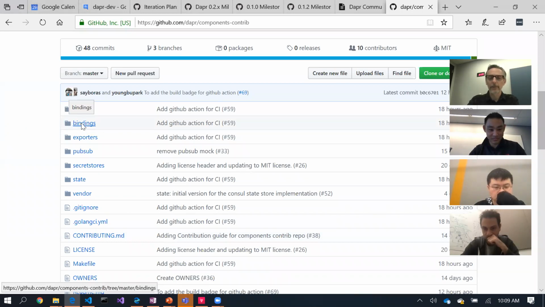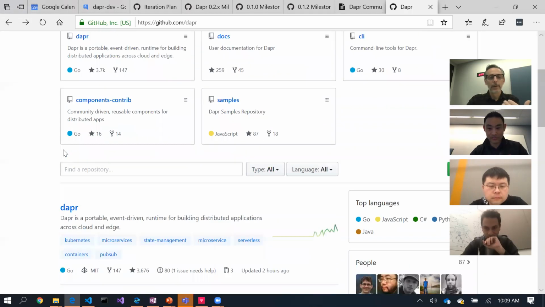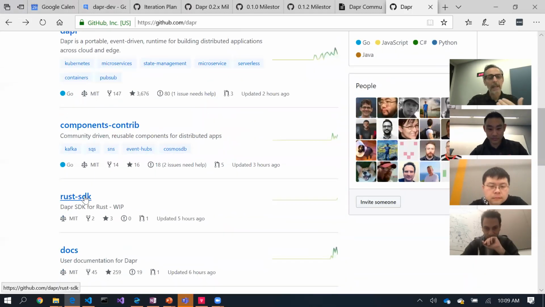So for bindings, which allow you to communicate with external systems, to pub subsystems, to state stores. And then finally, another place that you can contribute is within the individual SDKs. So we're pretty excited actually because we already had a couple of implementations of people talking about building Rust